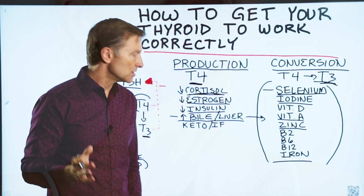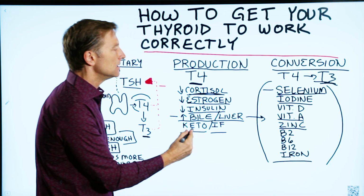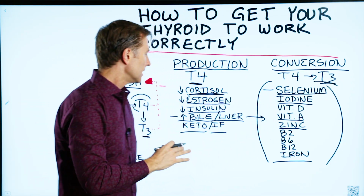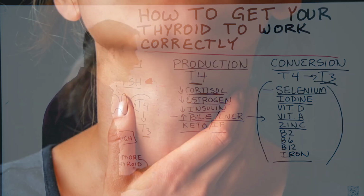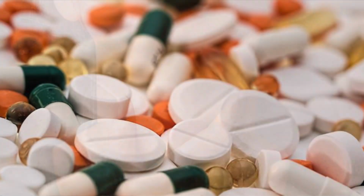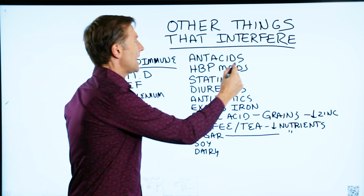And for those of you that are new, if you're on the keto plan, the healthy keto plan and intermittent fasting, the need for T3 will go down, and this alone will greatly improve the thyroid function. And you may even find that you need to make some adjustments to your medication because it's going to start improving. Other things that can interfere with thyroid function: antacids,